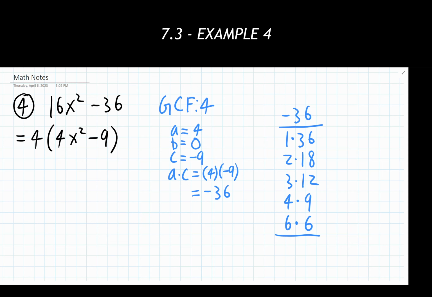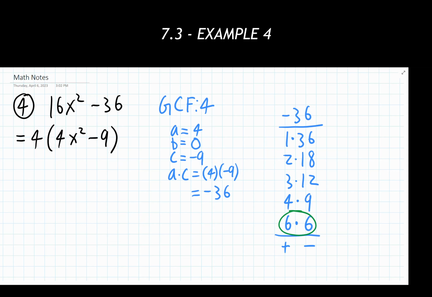It's its own weird kind of thing. So that means I need two numbers that when they add together, they completely cancel each other out, and all that's left over is 0. Well, if we're looking at all of our possibilities that we have here, the only possibility of two things adding together and canceling each other out is going to be 6 and 6. One has to be positive, one has to be negative. Does it really matter which one? Not really. We know 6 and -6 are the only possibilities that we have.